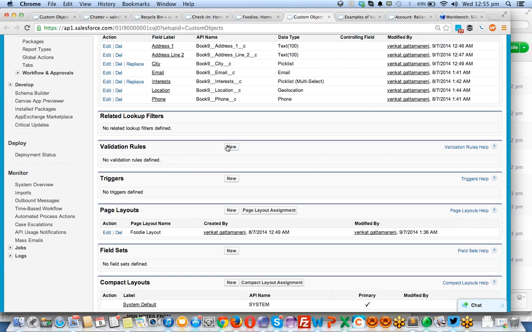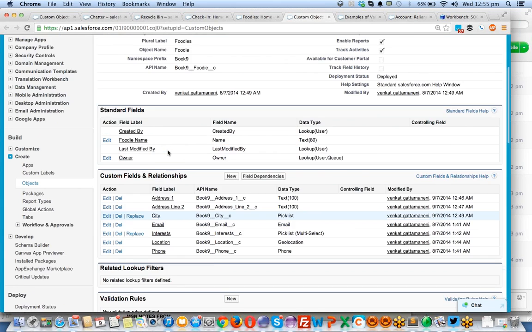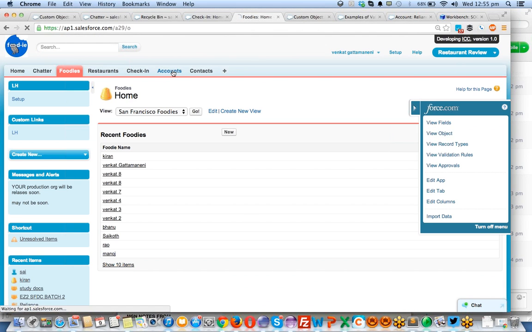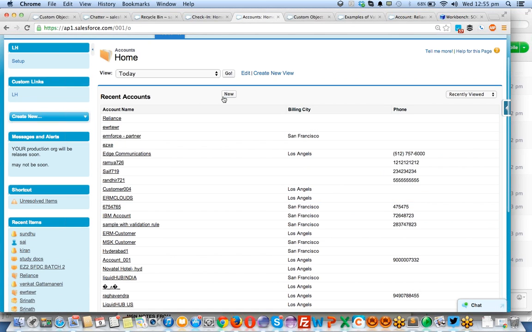Validation rules, we have done the same way at the account level, right? Same way you can create validation rules here also. If you see there is a requirement to add validation rules, just add it whenever there is a need. If you are unnecessarily adding a lot of validation rules, that will screw your system. For suppose, when I am trying to create the account object, I don't know why these people have created this field as a required field.